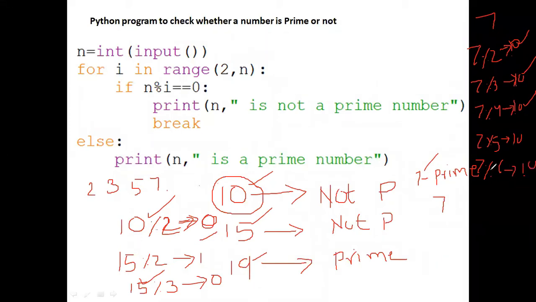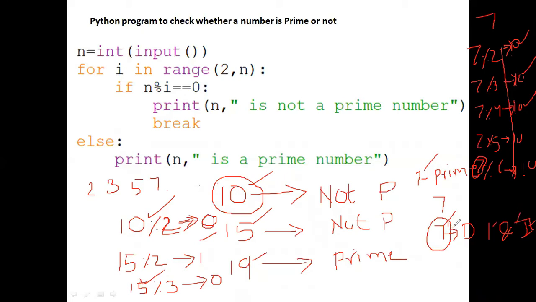So when we say that a number is a prime number or not, here I am going to find whether 7 is a prime number. When we say 7 is a prime number, 7 is divisible by 1 and itself. If a number is divisible by only 1 and itself, then we say it is a prime number. But here we are writing the program, so we say that the number is a prime number if it is not divisible by all the remaining numbers except 1 and the number.